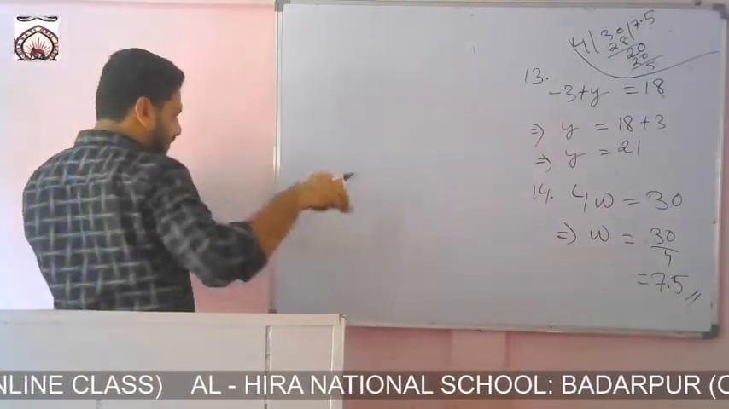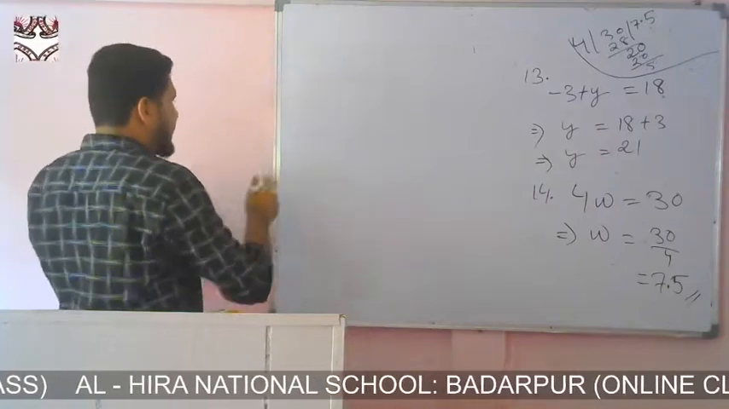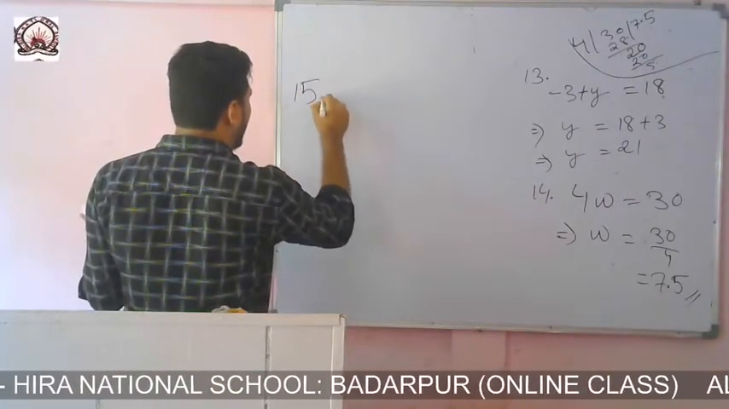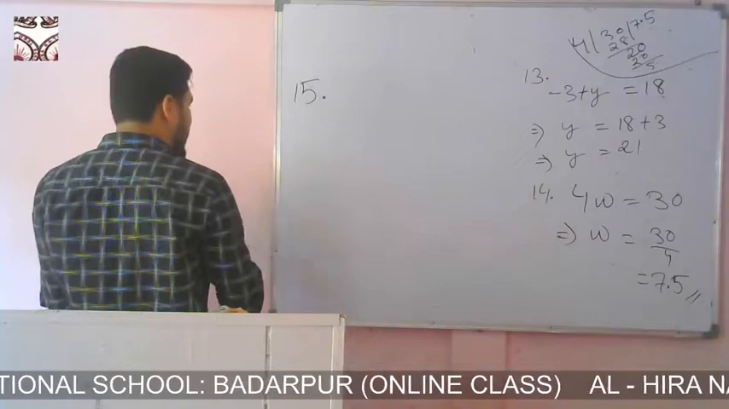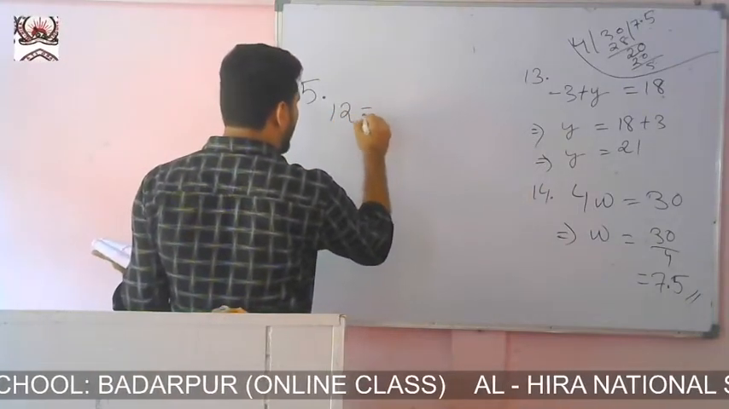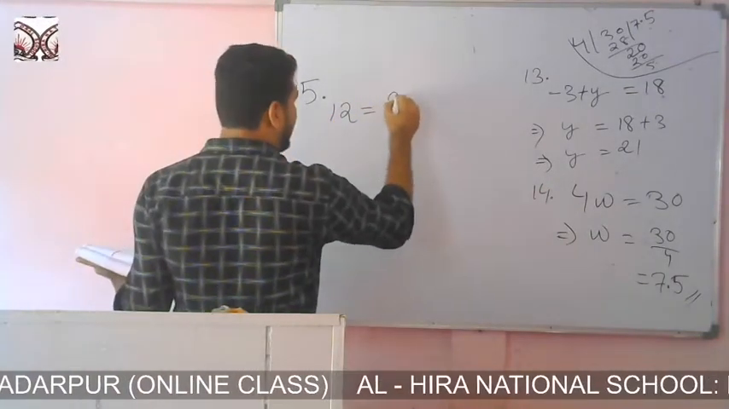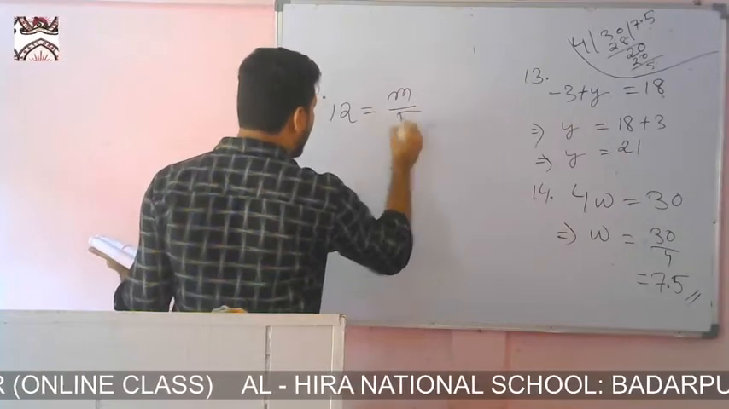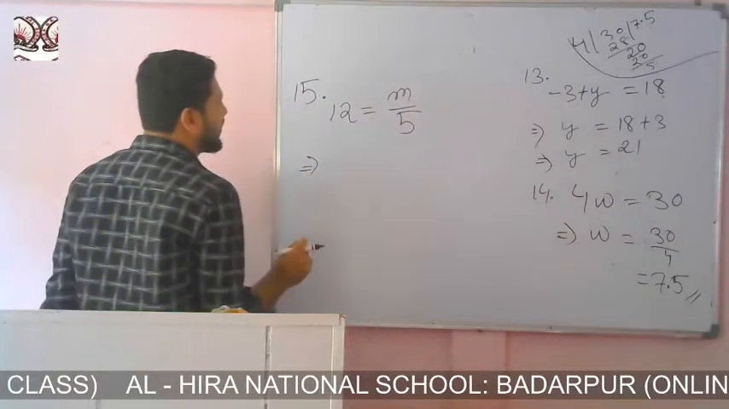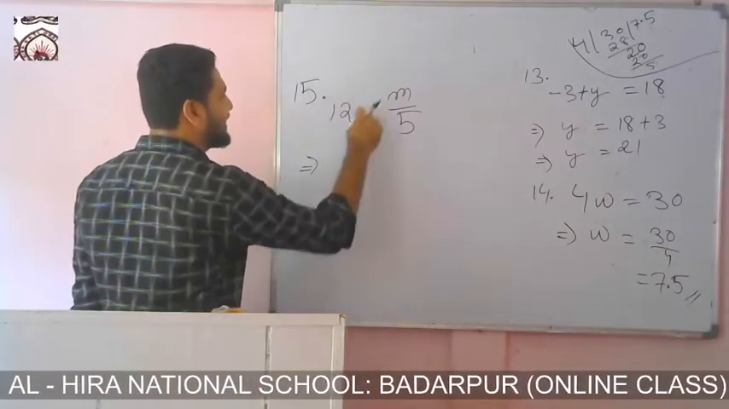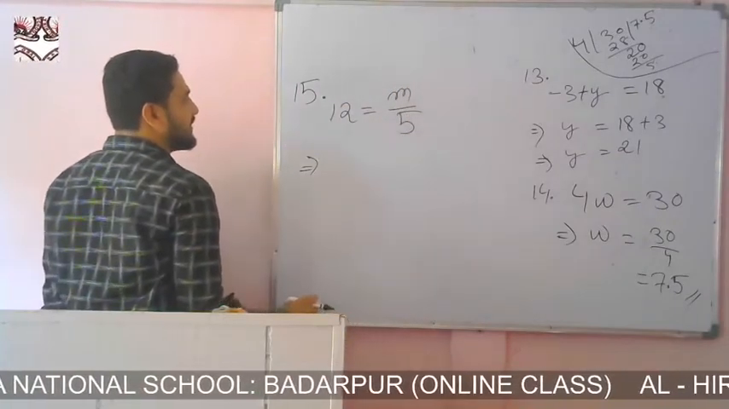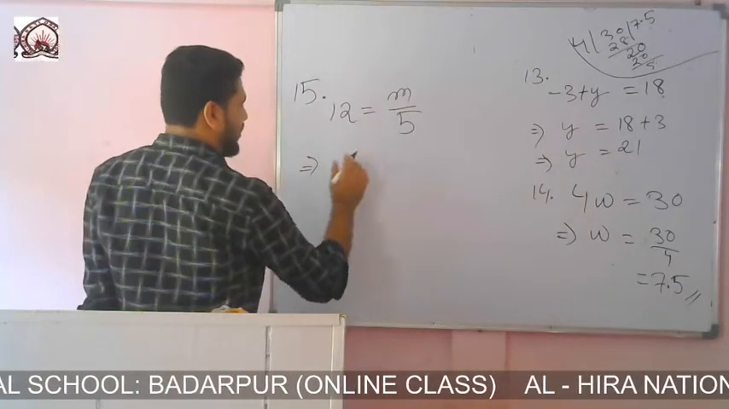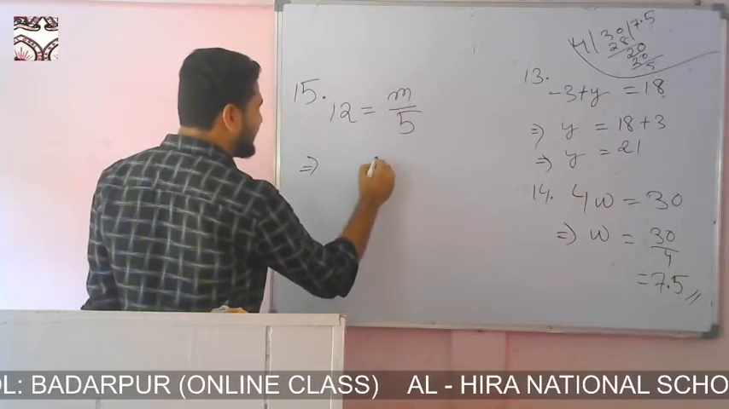Now come to question number 15. (12) equals m by 5. You see, here one part is a whole number and another one is a fraction. In that case also, if I want to find m,